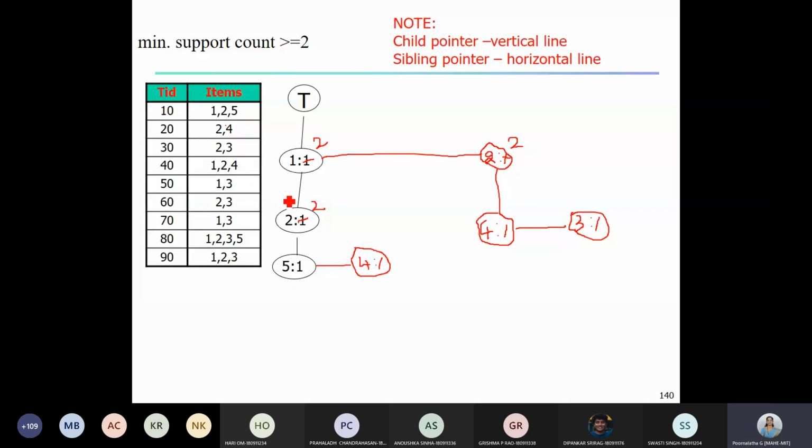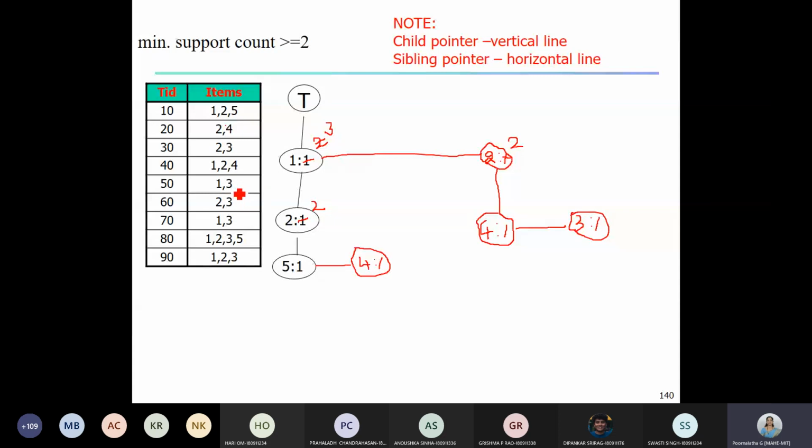So next transaction is 1, 3. Again it's the same procedure, it repeats. So below the root we have an item 1. So I simply cut this 2 here and I'll write 3 here. So after 1 we have 3. 3 is the child of this item 1.